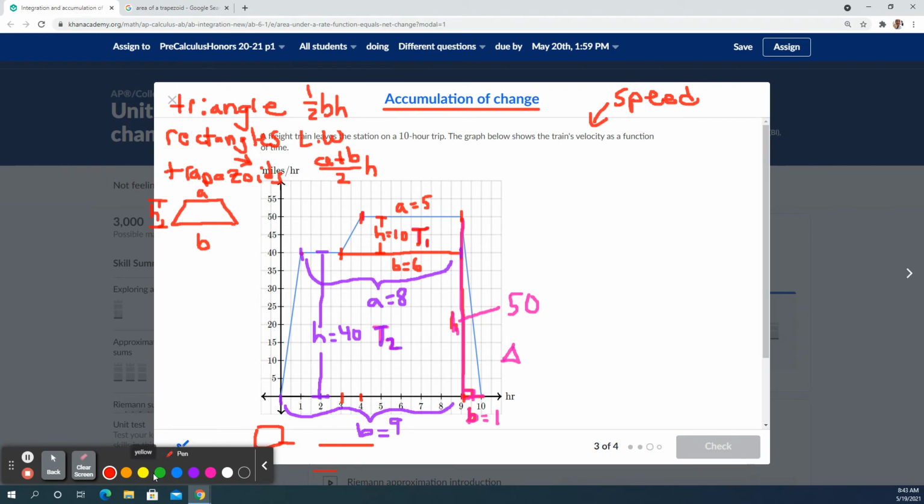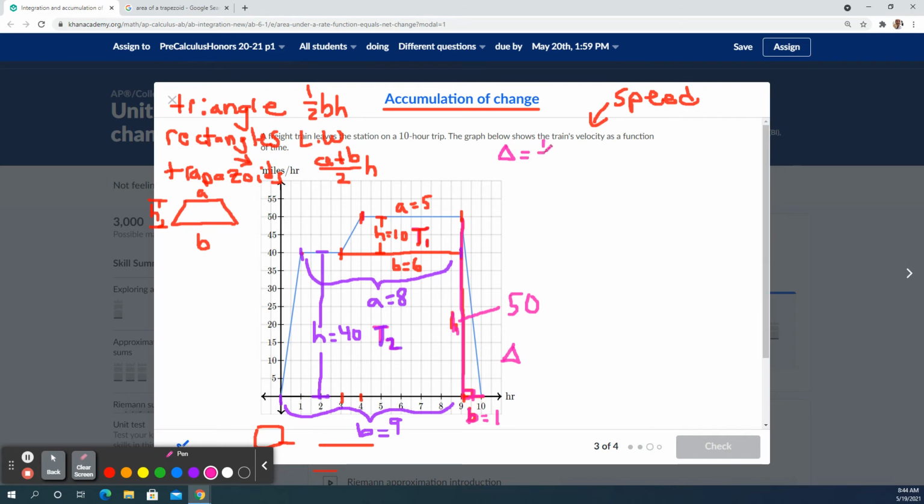And go from there. All right, now I'm going to go ahead and just use red. So I'm going to find each piece and then go from there. Actually, I'll just keep the colors. That's not too hard. All right, so the area of the triangle, so this is the triangle, is going to be